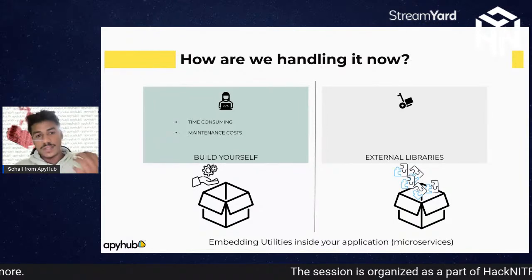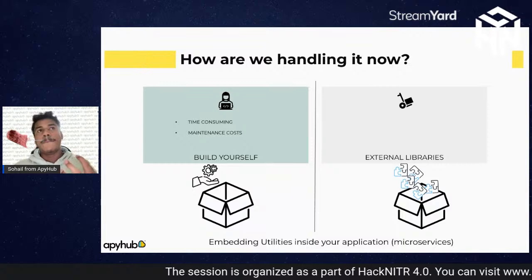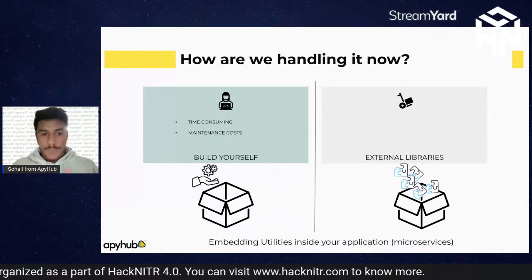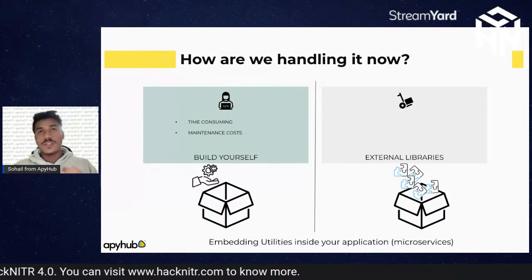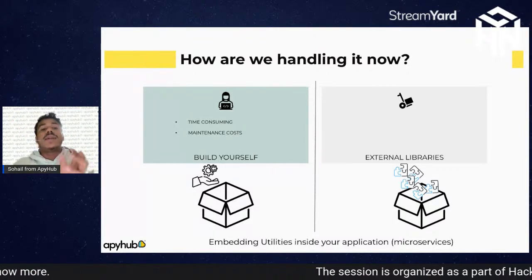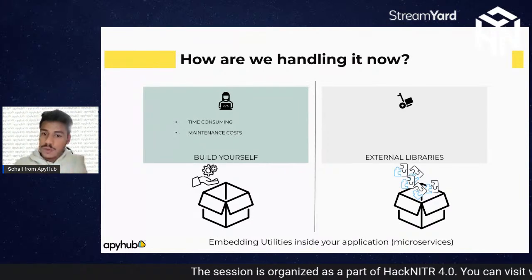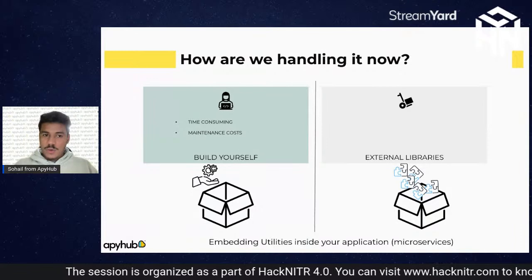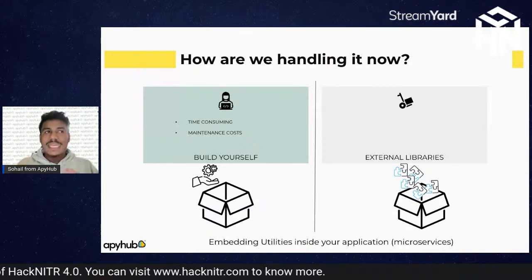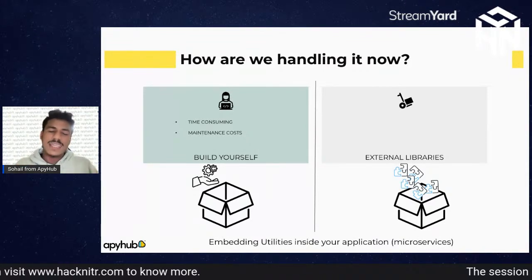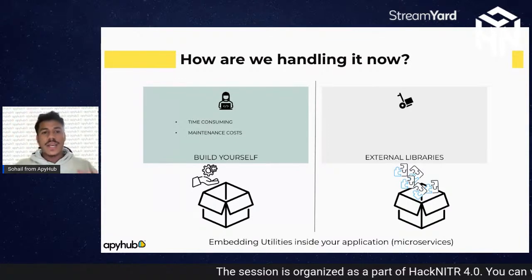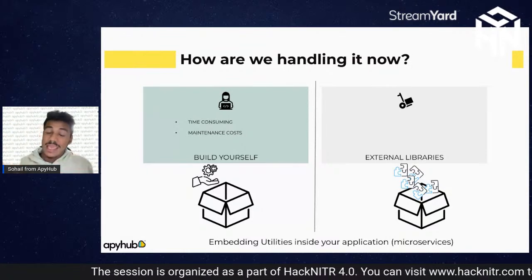So what you do is you always try to build it yourself so that it can manage your use cases. You don't need to trust anyone. But say you have just built that library for one task, and then another task comes which depends on the first task. So what you want to do is scale the use cases and do things in a single package. We call it monolithic, I guess. So you always try to do everything in a single package.